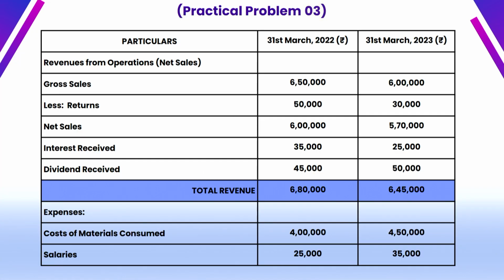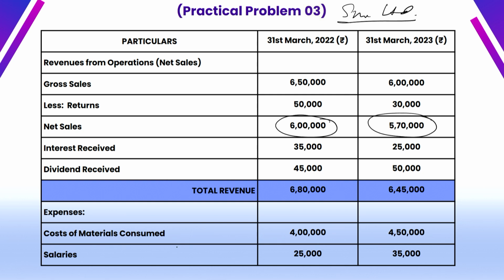This is another organization. Suppose this is also Sun Limited, and it is an income statement from 31st March 2020 and the following year, 31st March 2023. Now we have a few more elements in this practical problem as compared to the previous question. Here the revenue from operations, or net sales, is 6,50,000 gross less returns. So the net sale will come to 6 lakh, and this is